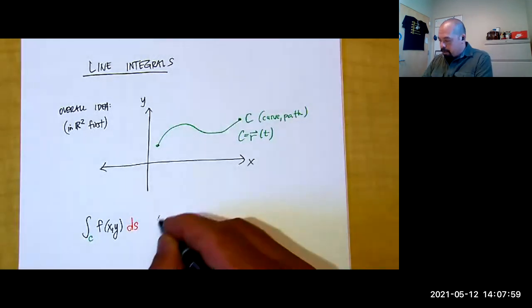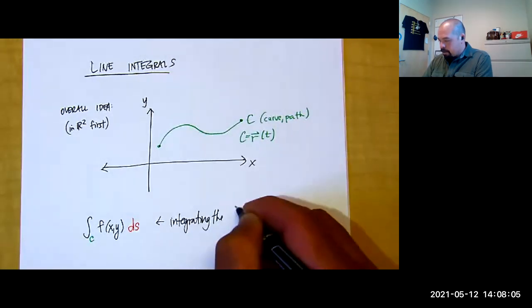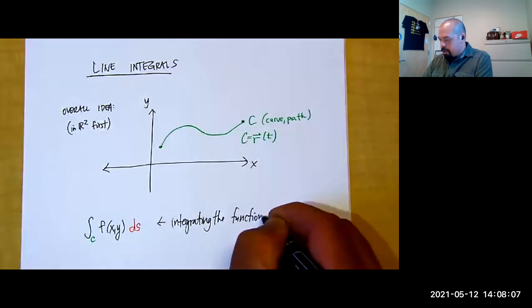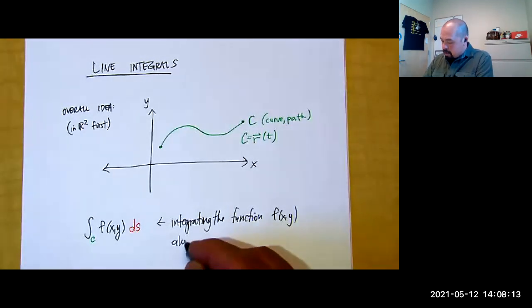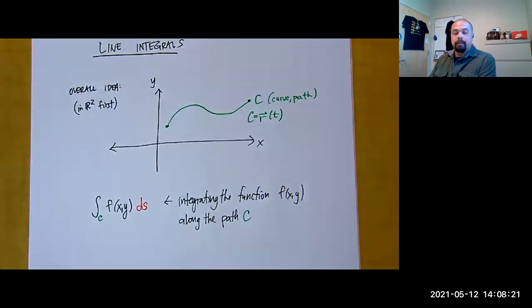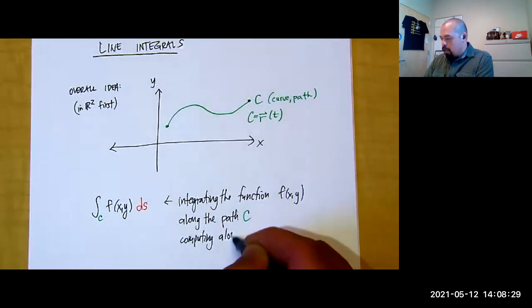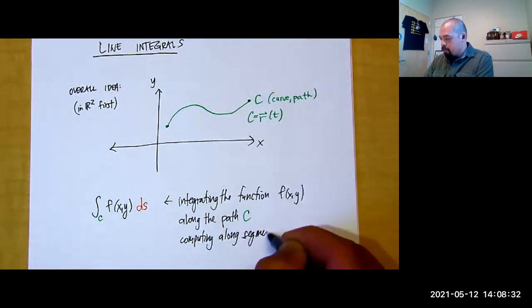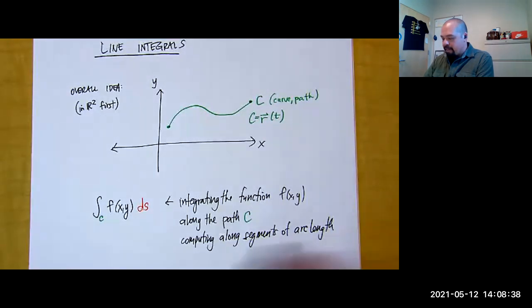What we're kind of doing, we're integrating this function f of xy along that path C, okay? And what we're kind of doing is that we're computing along segments of arc length,